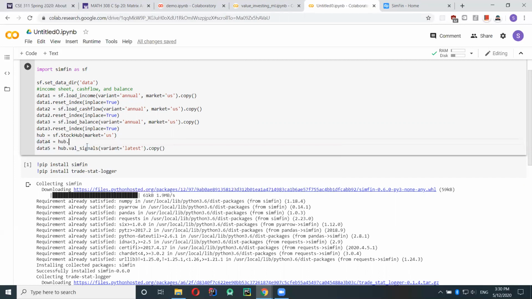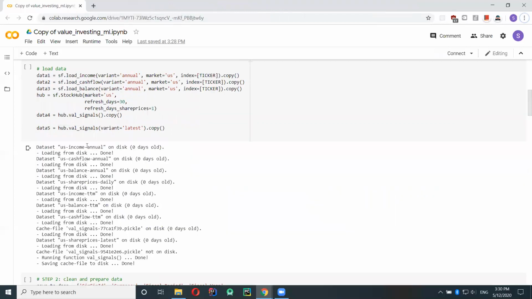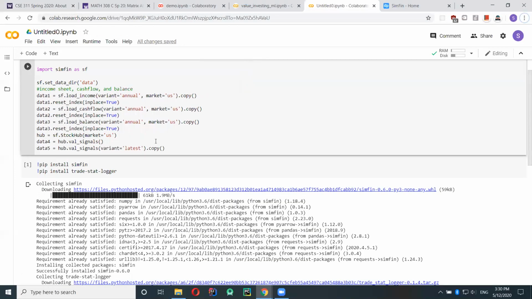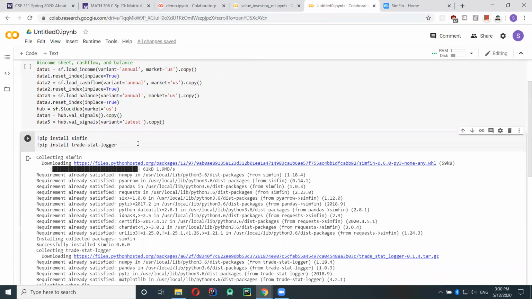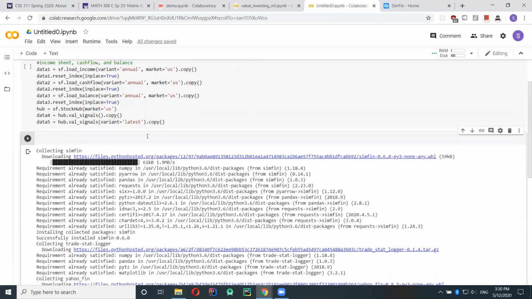Okay, so what I'm doing right now is getting some signals. What I really care about in the signals is the market cap. I don't really care about anything else in it. Unfortunately, these three sheets do not have the market cap, so I need to get it somehow. Once we actually use that, I'll go over it more in depth.